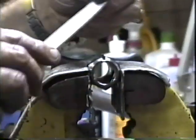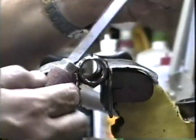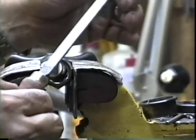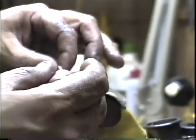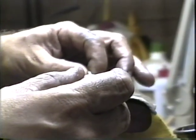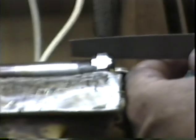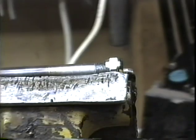And then take one of those safe files that we talked about earlier. This is the one that the edge cuts, but the face has been sanded clean on the belt sander. And you can simply go through there like that. But let's get another angle at this so you can understand it a little bit better. And here we go. You just do your filing right there with the safe file and the split nut, and you just file about half the thickness of the crown,